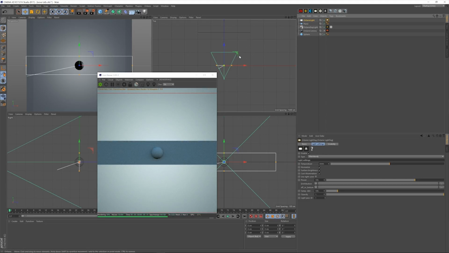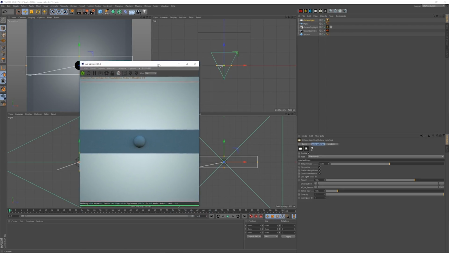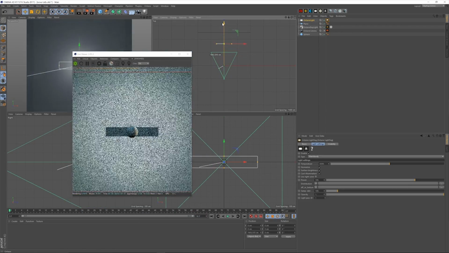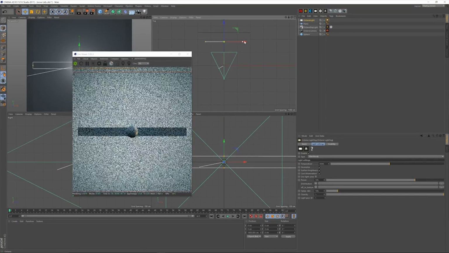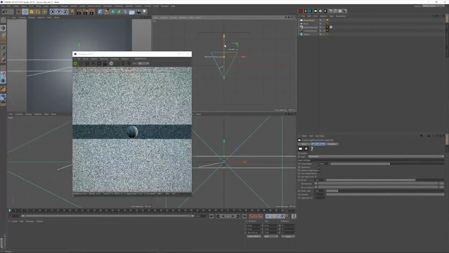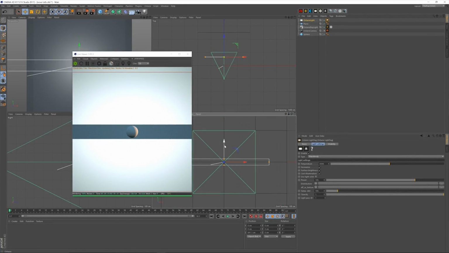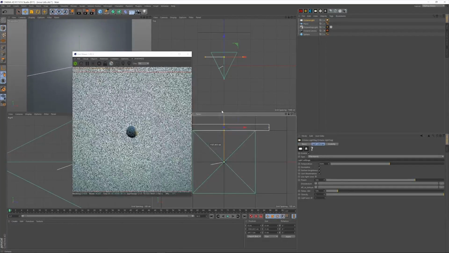So I'd like to add in a separate light just for the background. So let me bring it, I'll make it as white as the background, put it behind my object so it doesn't affect my object, raise it up higher,